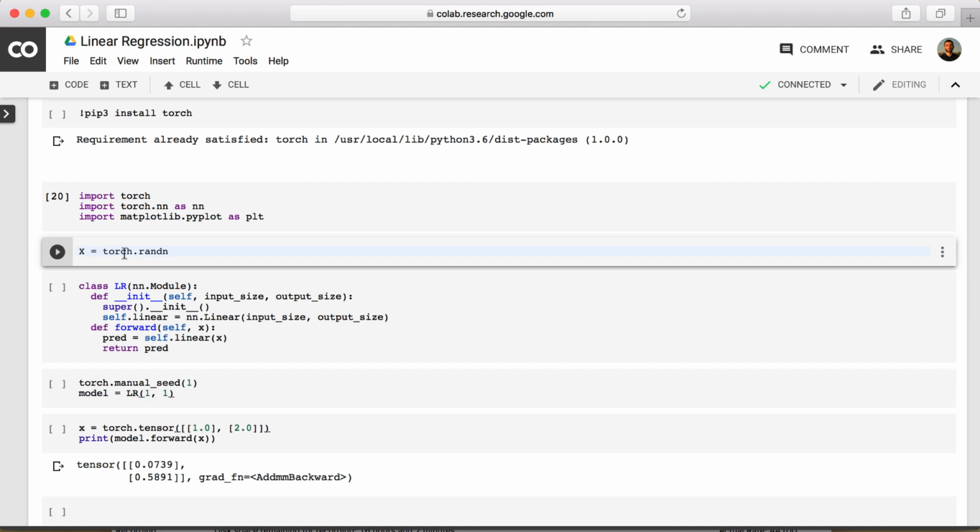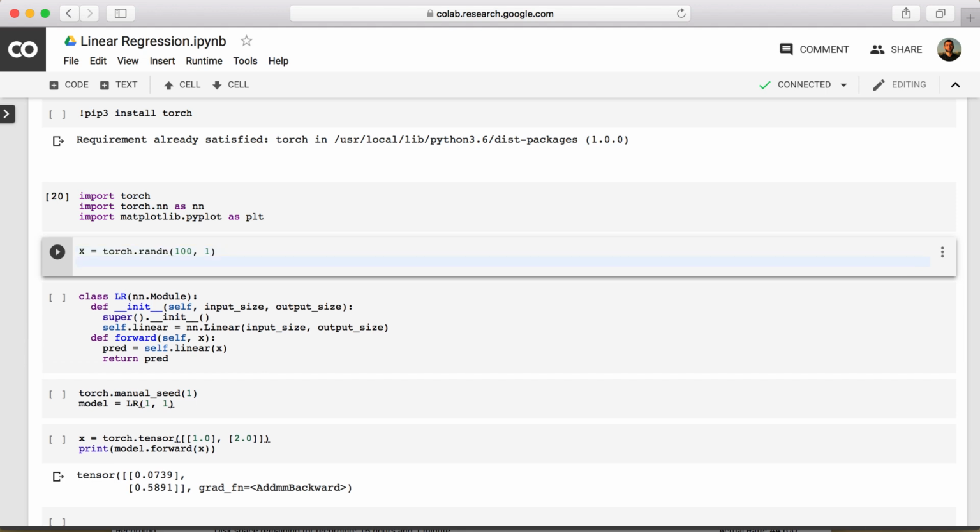torch.randn, and what this does is it returns a tensor filled with random numbers that are normally distributed. This function accepts a sequence of integers which define the shape of our tensor. We want our tensor to have 100 rows and 1 column, such that there will be 100 points, and each point has a single value within the normal distribution. If we print this value, print x,